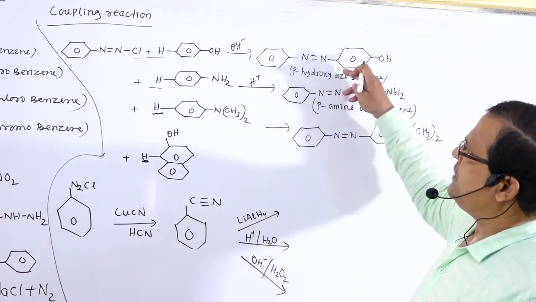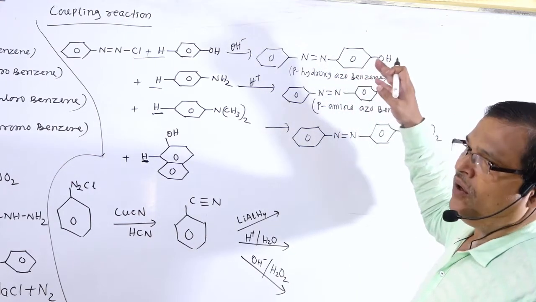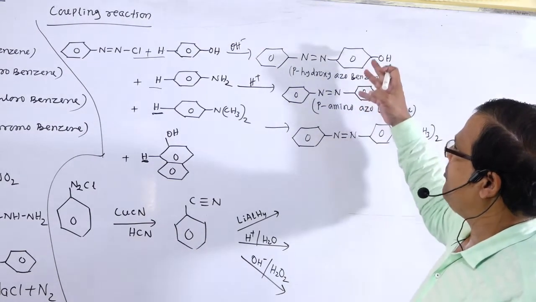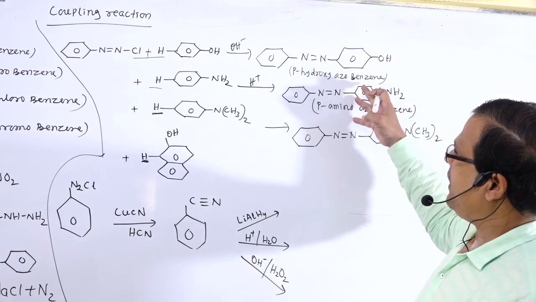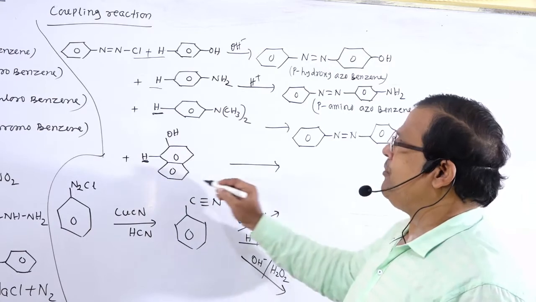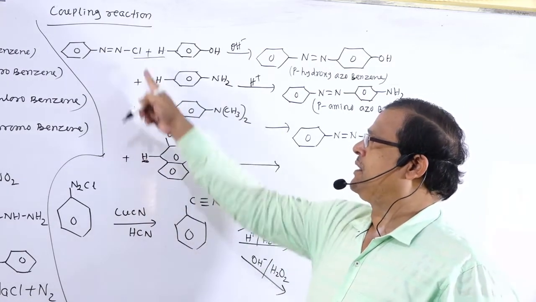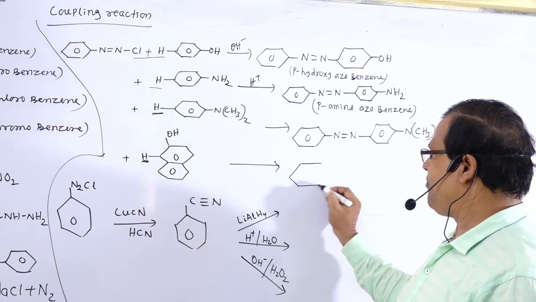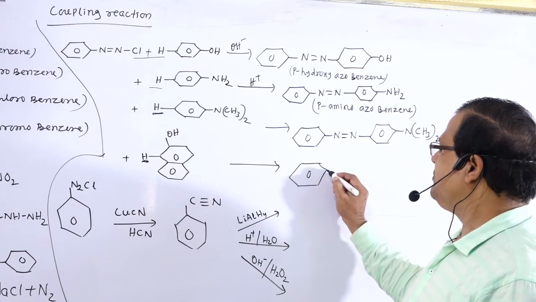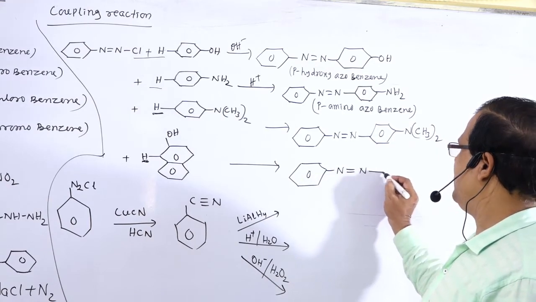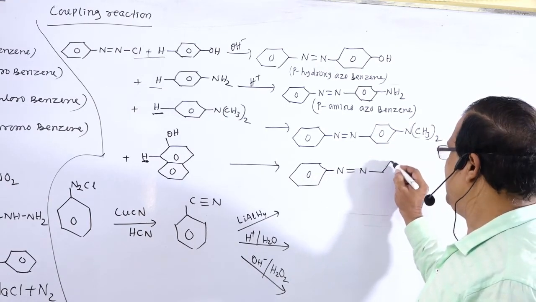That is orange dye, or orange red dye, yellow dye. This is your yellow dye, orange dye, orange red dye. Similarly, for different colored materials, the H part and Cl part are removed in the form of HCl. So there is the formation of this product: N double bond N, attached with a benzene ring,